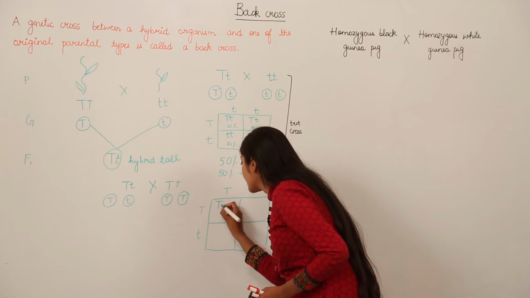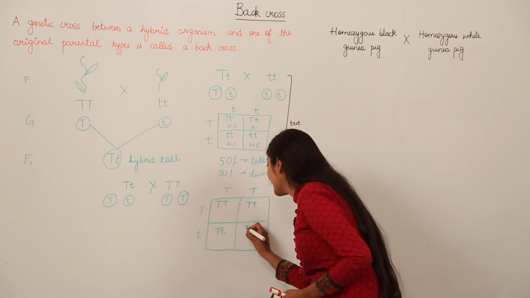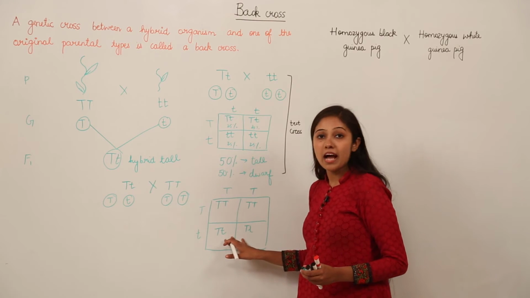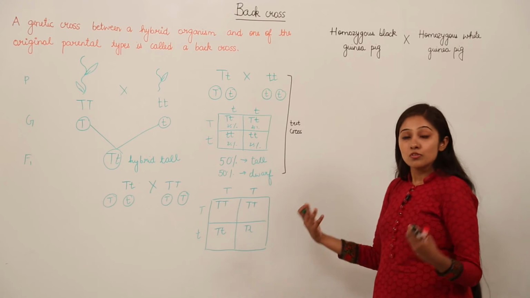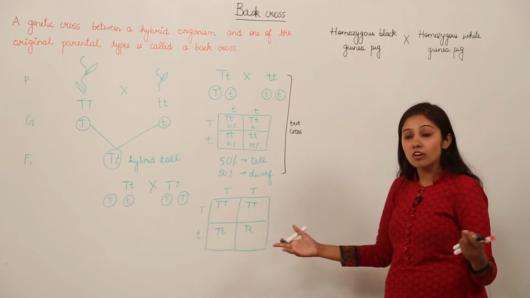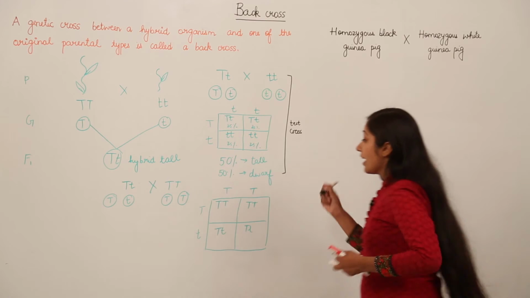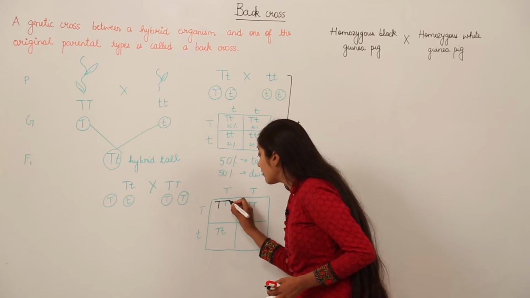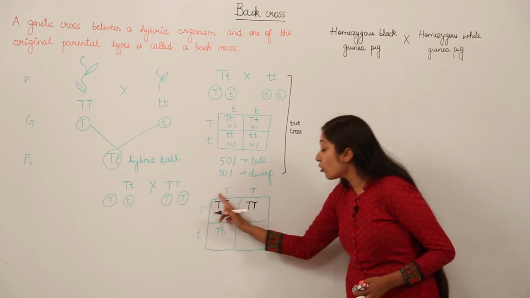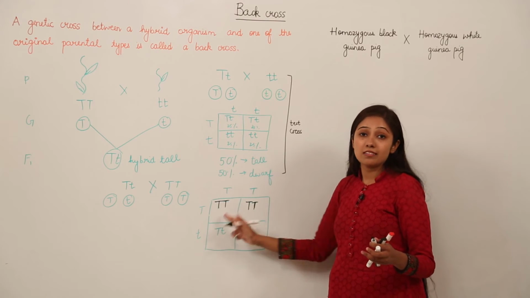When we have such a combination, you can make out that all the plants in this case are going to be tall. However, you can see two are going to be hybrid tall and two are going to be pure tall plants. But all the plants are tall. But in this case, something very extraordinary is that over here we are having some pure breeding varieties. We have pure tall pea plants in this case.